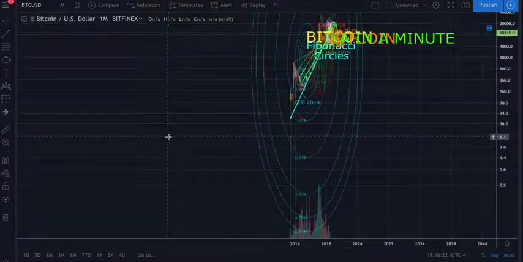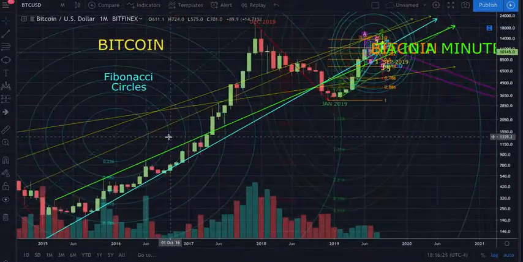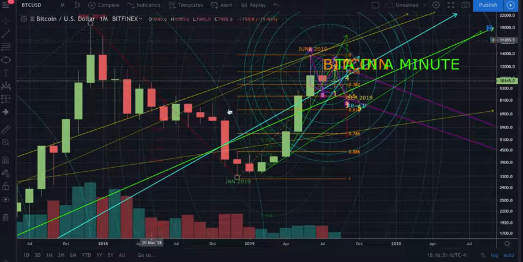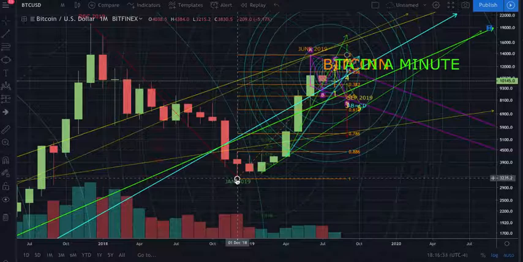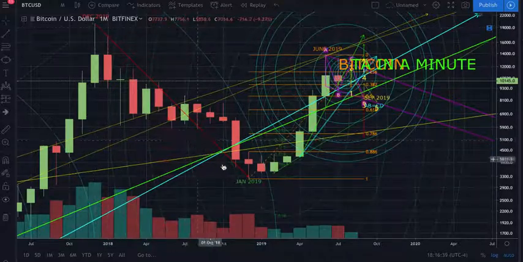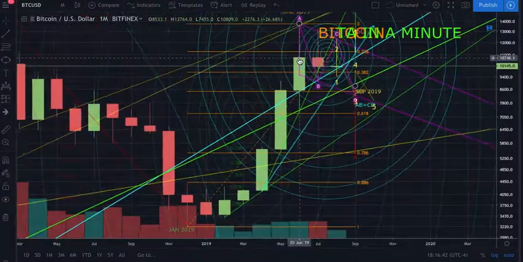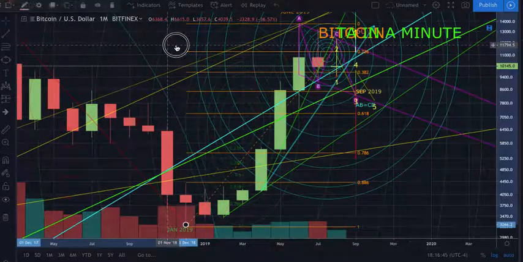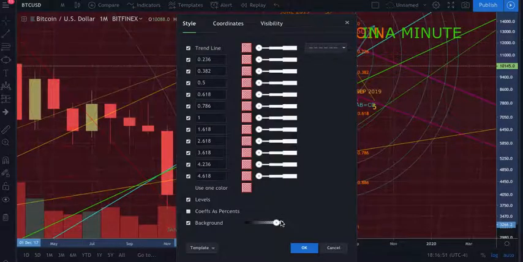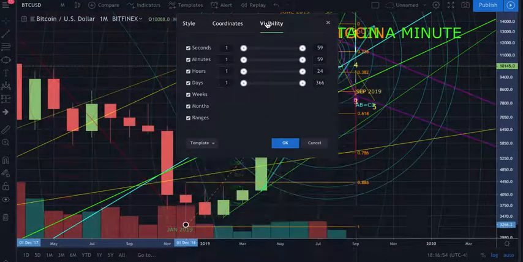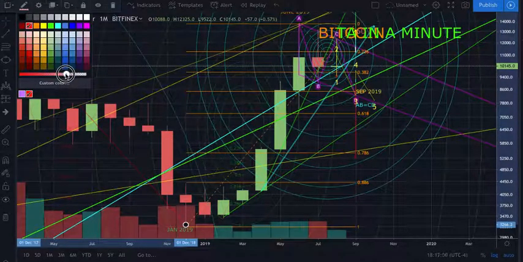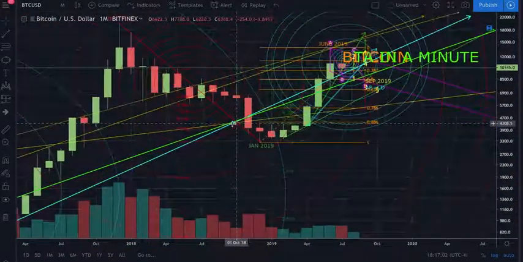And if you don't believe in fib circles or Fibonacci or any of this stuff, that's fine, man. That's completely fine if you don't like this stuff, you don't think it's right. But that is the December 2018 to January 2019 low. Okay, and you'll see again as we go. Let me make this one just a little bit brighter. Alright, there we go. So that's a little bit more clear.